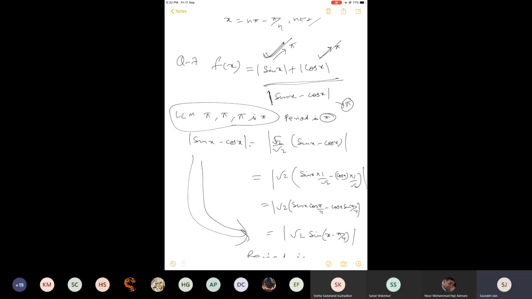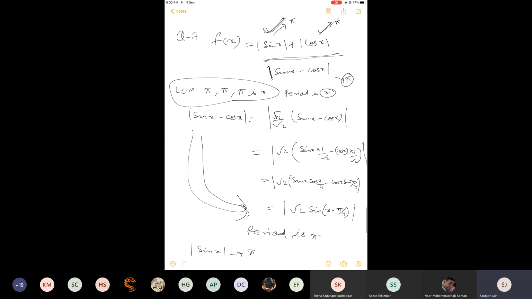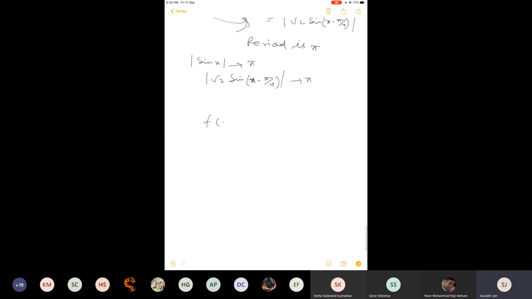If pi by 2 is not the answer, then pi will be the answer. Okay, so now the difference is between A and B. How to check pi by 2? Put it in the given function. f x is mod sin x. We are just checking for pi by 2, because that special case may create a problem, the rest everything is okay. Whether pi by 2 is the period or not. Actually the numerator will come the same, so everything depends on the denominator only.